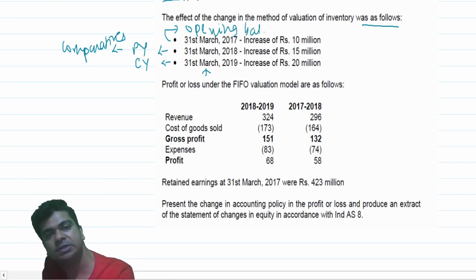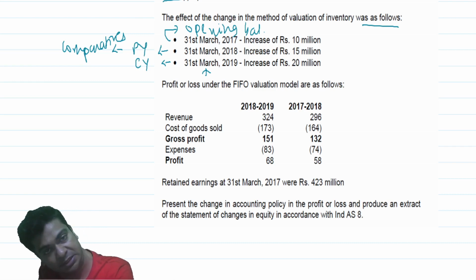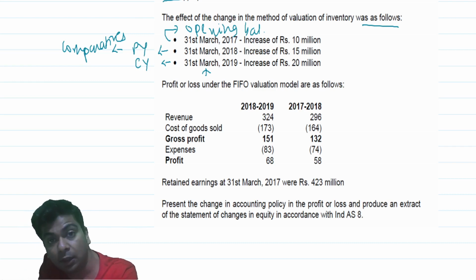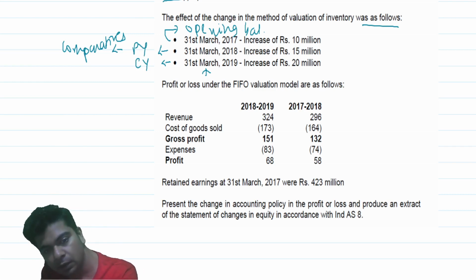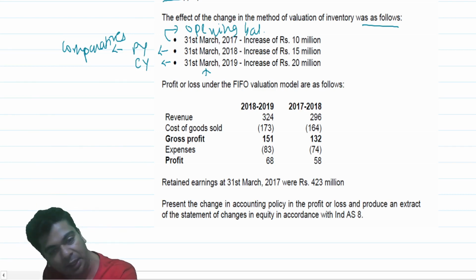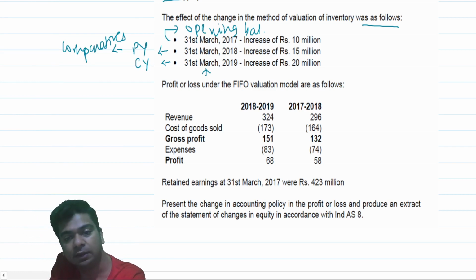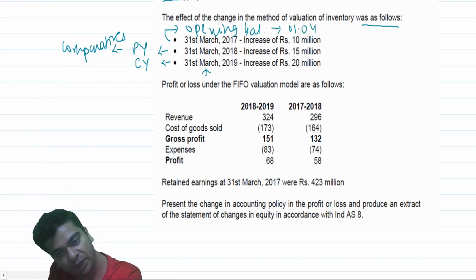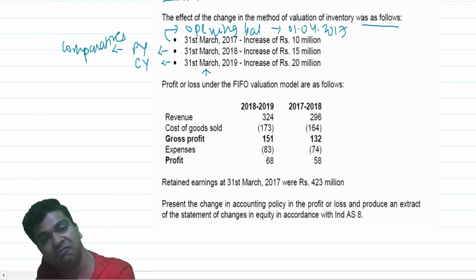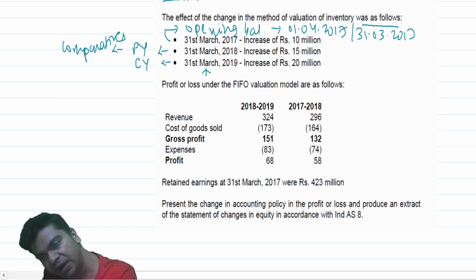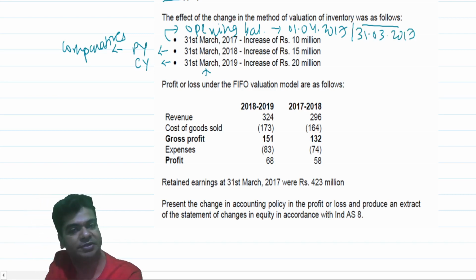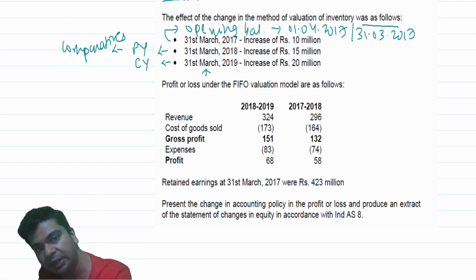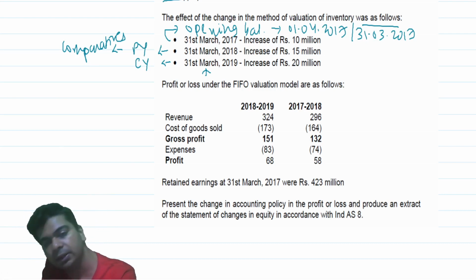Question is, opening balances at what point of time? Okay, opening balances at the beginning of the preceding year. Preceding year is 2017-18. Hence, you will have to give effect through 1st April 2017, or at times there are many companies who even write this as 31st March 2017. Whether you say closing balance on 31st March 2017 or opening balance on 1st April 2017, more or less that means one and the same.